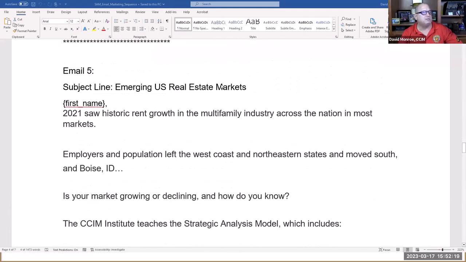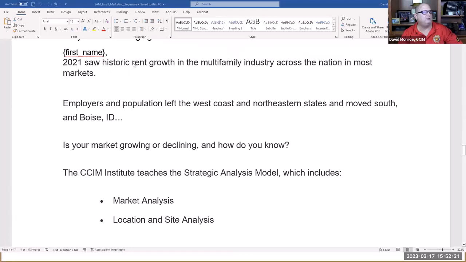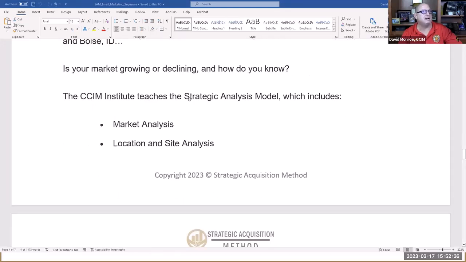Emerging U.S. real estate markets. 2021 saw historic rent growth in the multifamily industry across the nation in most markets. Employers and population left the West Coast and northeastern states, moved south and to Boise, Idaho. Is your market growing, declining, or how do you know? CCIM Institute